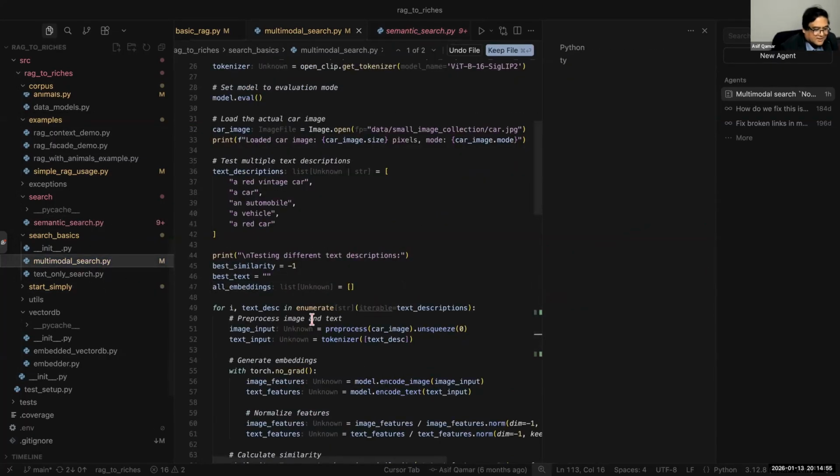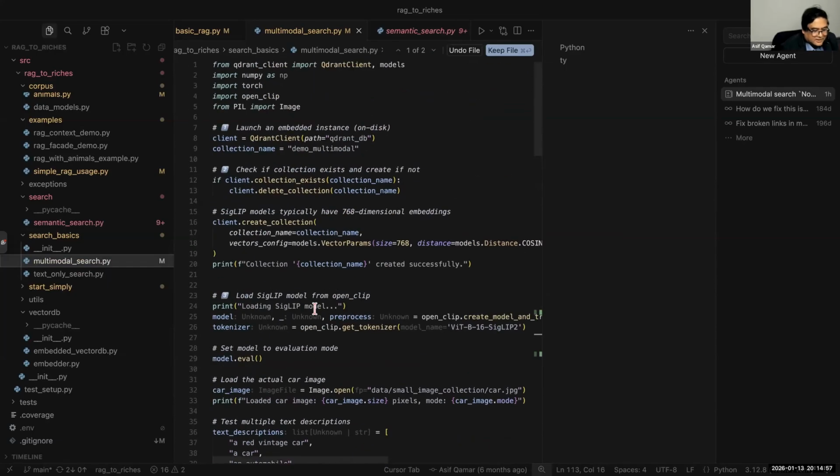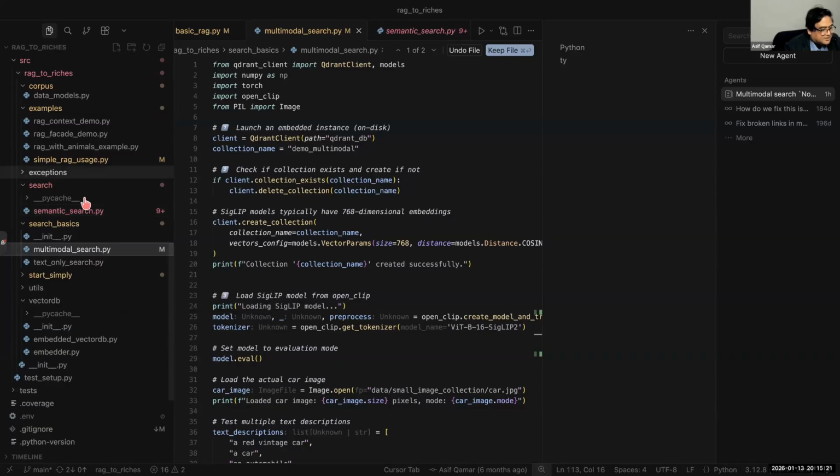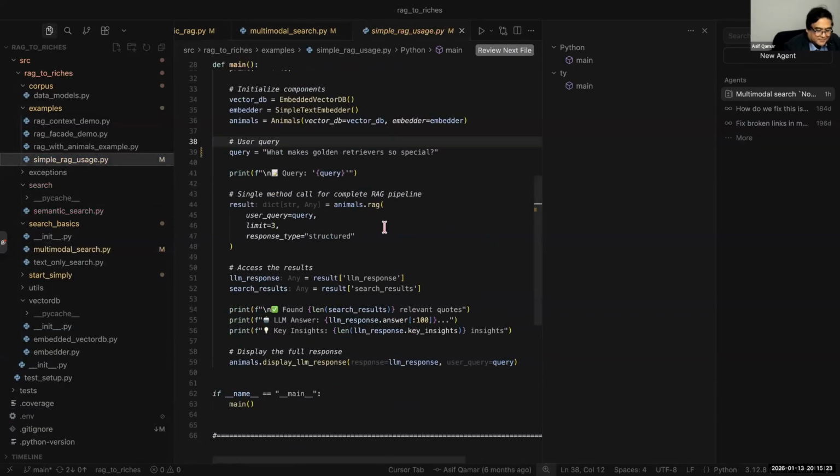Multimodal search is also like that. You can give it, for example, an image. And so now multimodal gets interesting. You can give it an image and search the entire vector database and it will return text as well as image. You could give it a text and get again a combination of that. And I would like to show you all of these. But before that, let's just go through one example and see if it runs. I hope it does.